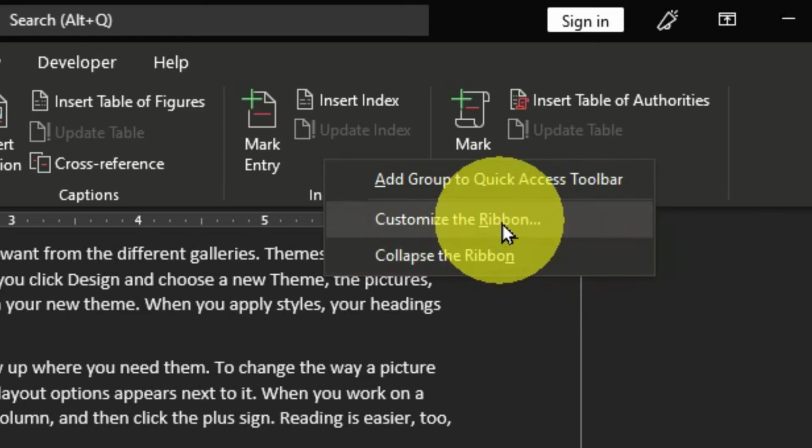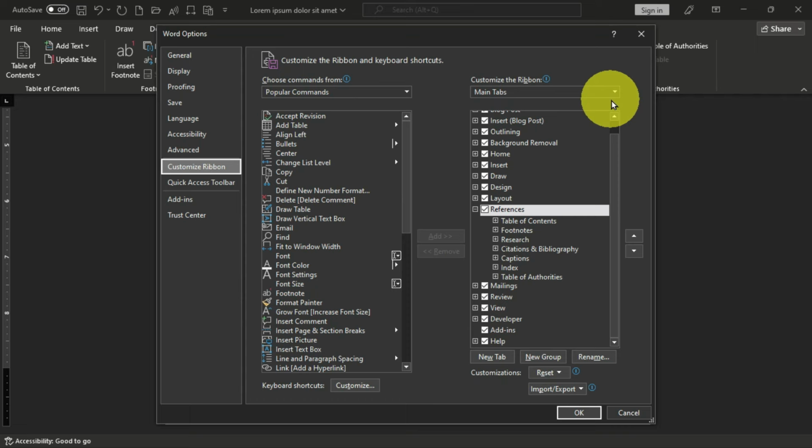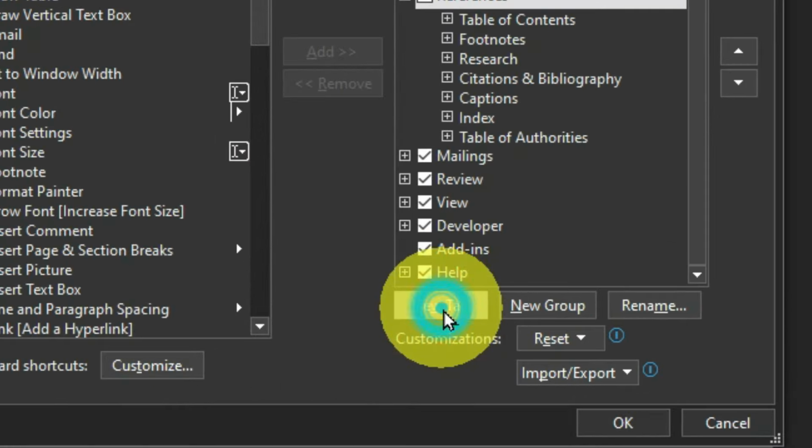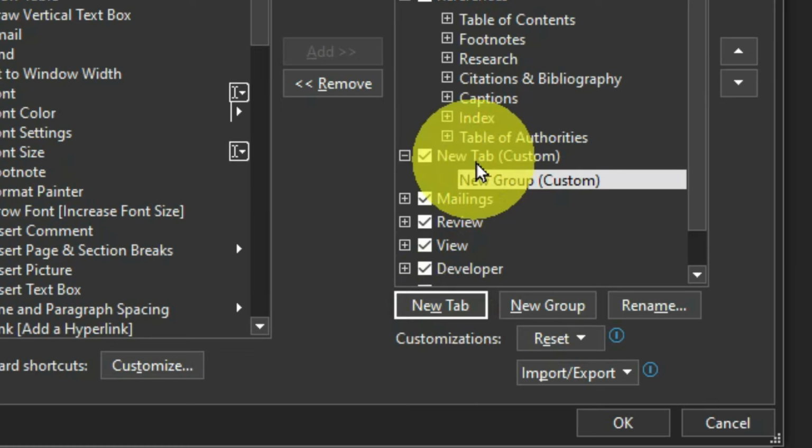So when you choose this, it provides you with the Word options dialog box. You make sure the customize ribbon is selected, get to this interface, and in the second section of this interface we have new tab. When you click on new tab, this creates a tab, and we have new tab custom,